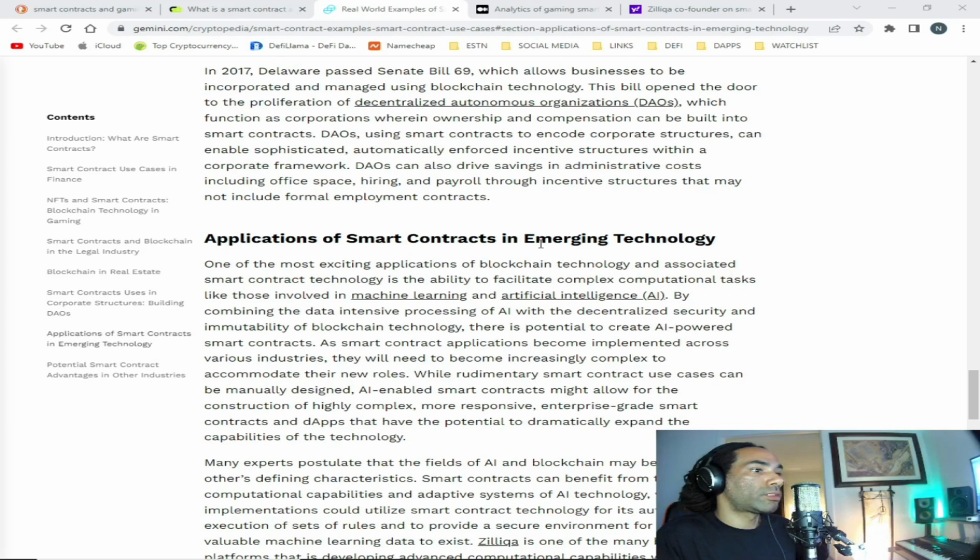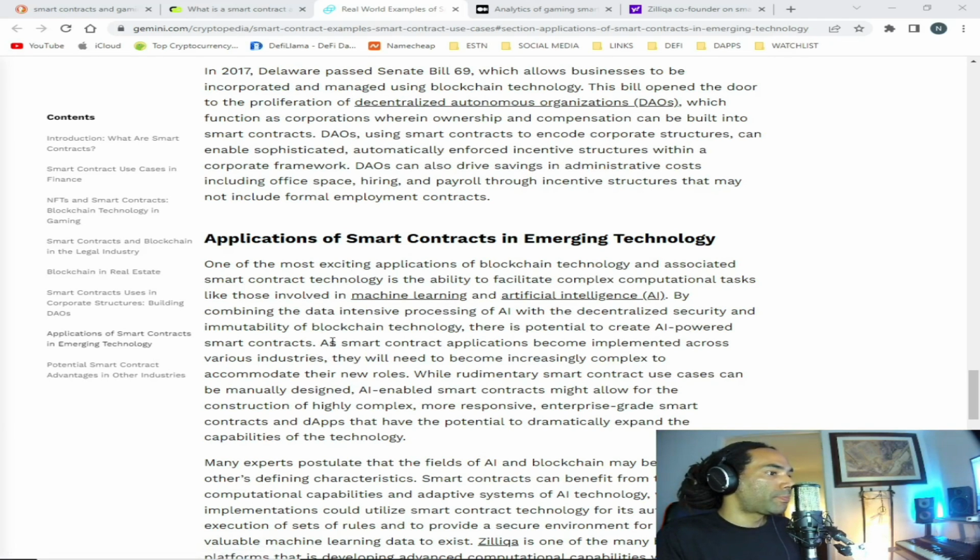So here are applications of smart contracts in emerging technology. One of the most exciting applications of blockchain technology and associated smart contract technology is the ability to facilitate complex computational tasks like those involved in machine learning and artificial intelligence. By combining the data-intensive processing of AI with the decentralized security and immutability of blockchain technology, there is a potential to create AI-powered smart contracts, which already exists through Fetch AI. So I'll do a video on Fetch AI, because they are a smart contract blockchain that is based on AI-powered